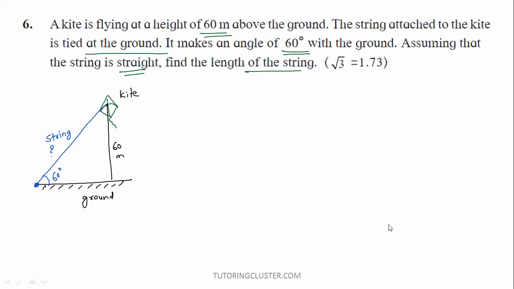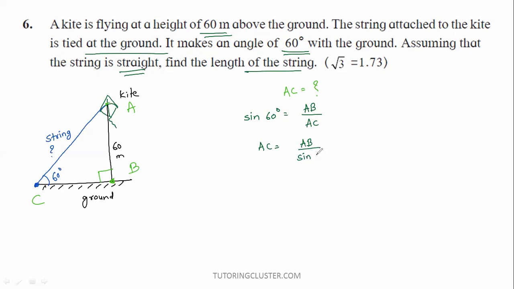Okay, so again, a very easy example. Let's say this point is A, this point is B, this point is C. This is going to be your 90 degree. What we have to find out? We have to find out AC, length of the string. So basic trigonometry again we are going to use. If I am considering triangle ABC, what will be sine 60 degree? Opposite side upon hypotenuse. What is unknown? AC is unknown to you.